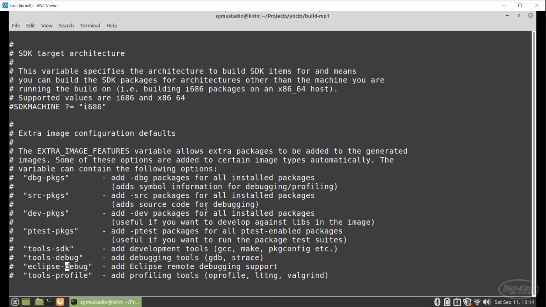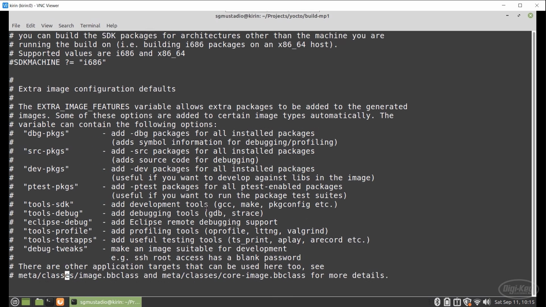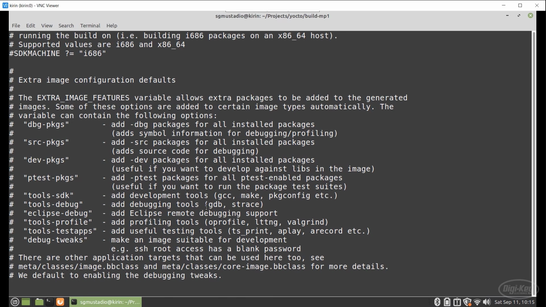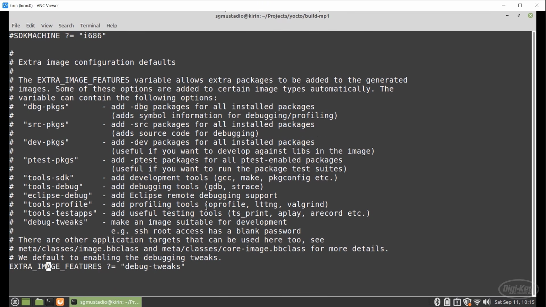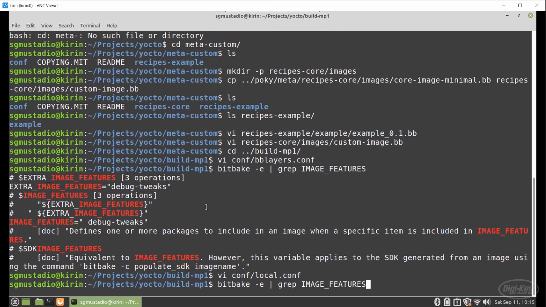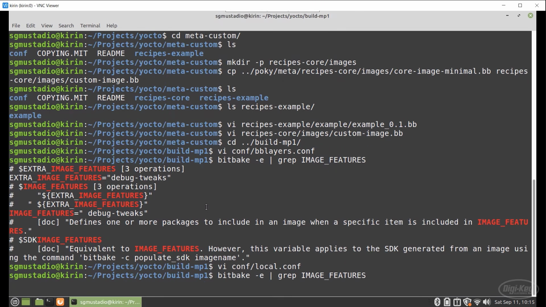But if we scroll down, you can see that, oh, you can assign debug tweaks here, which is not what we want. So we are going to comment this line out, which soft assigns this debug tweaks to extra image features. For insert, we're going to insert a # here to comment out this line. Then we're going to save and quit. And we want to run that bitbake -e grep for image features again to make sure that the